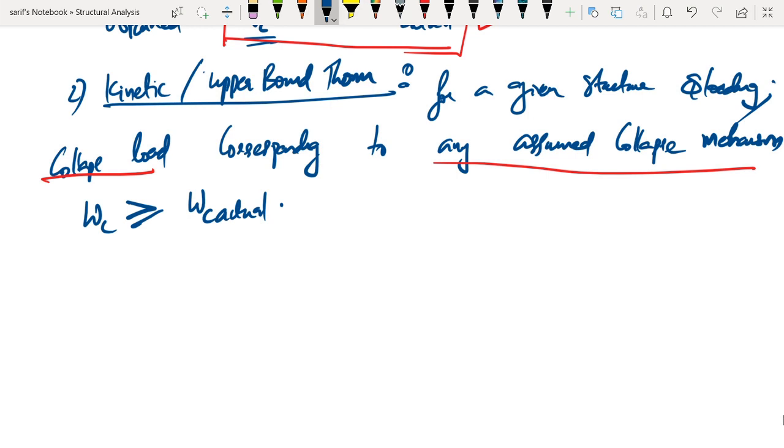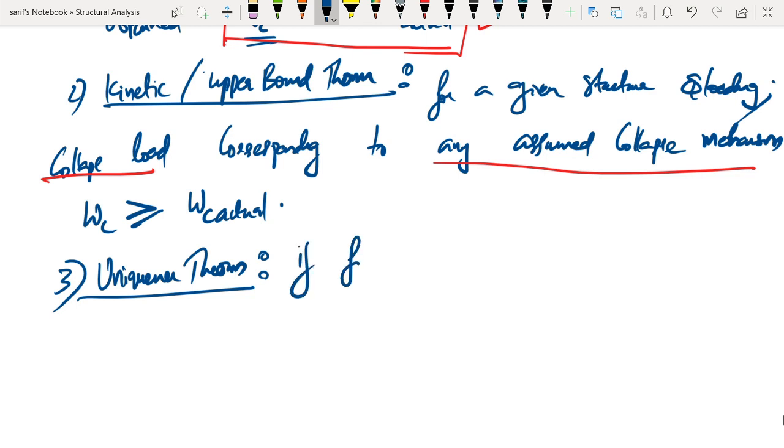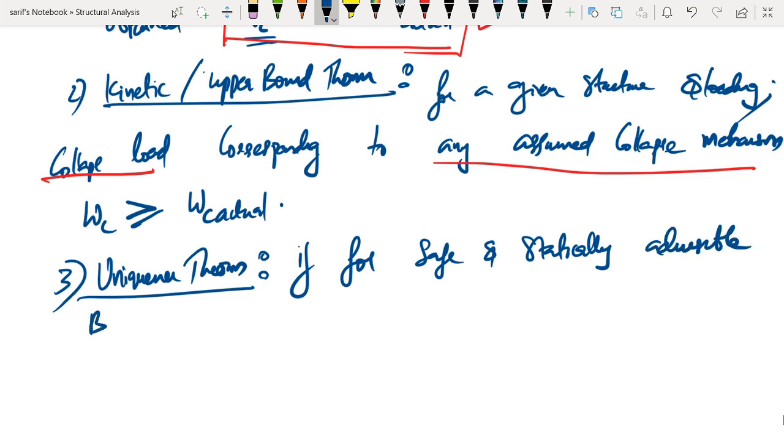And then there is something known as the third one, that is the uniqueness theorem. So what this uniqueness theorem says is, if we have a safe and statically admissible bending moment distribution,